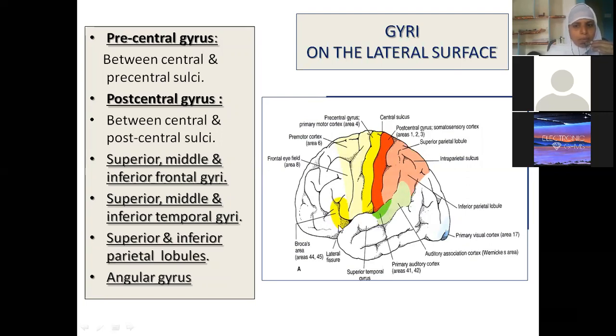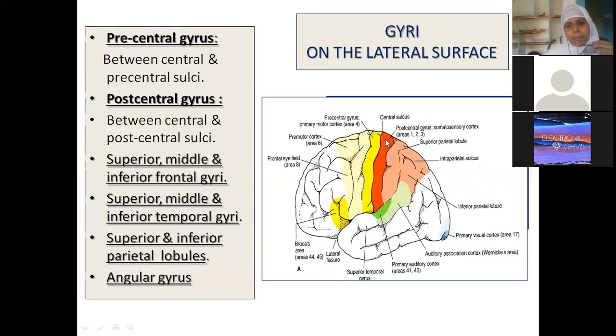In the frontal lobe, lower down, we have Broca's area, which is for speech, and it is numbered 44 and 45. Now, we have just studied the superior frontal sulcus, inferior frontal sulcus, and the 3 gyri. If you start numbering them, after 4 we have area number 6, which is the premotor cortex. As we come to the front, we have the frontal eye field, area number 8. Broca's area, for speech, is 44 and 45. This is the motor speech area. Wernicke's is the sensory speech area. This is completely the frontal lobe.